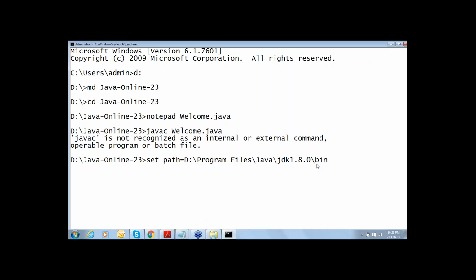Is it clear, Dinesh? We are informing the operating system to go to the bin folder and take the commands. That is the use of the set path command. This is clear, right? Then